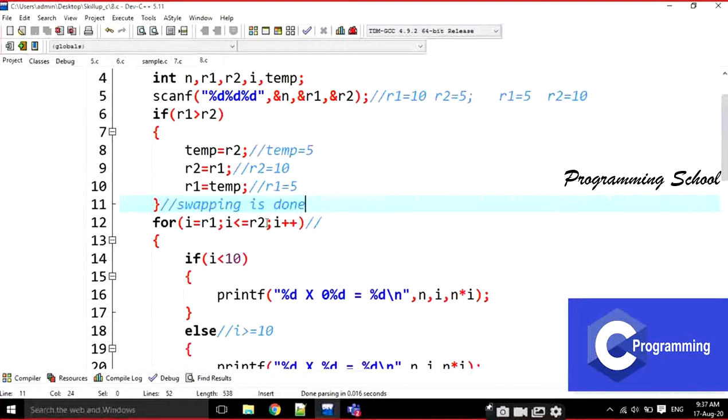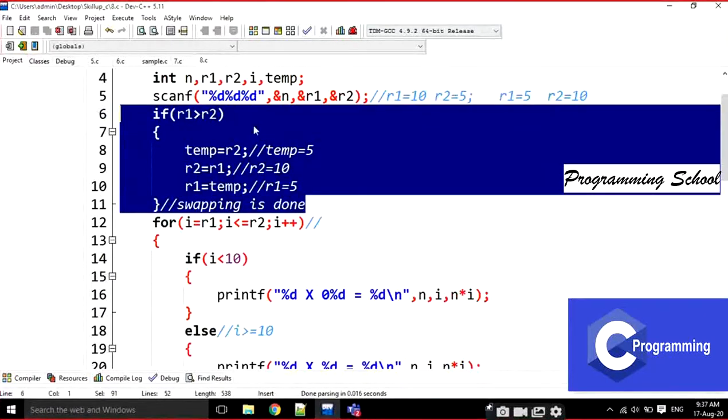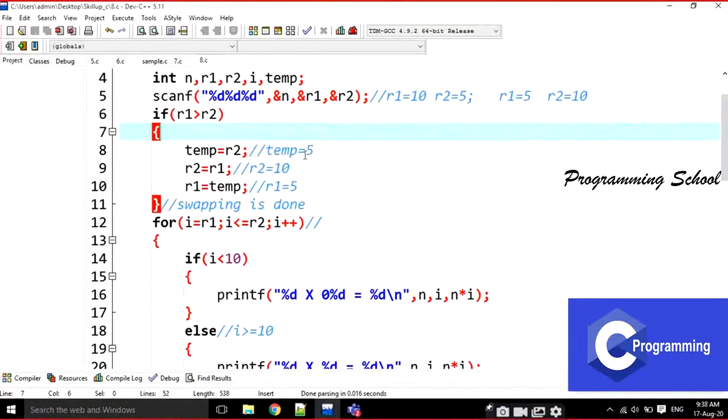Is swapping? Yes, sir. Okay. Why am I going for swapping? First of all, student, you have to answer it. Why am I going for swapping here? To exchange the R1 and R2 values. No, why am I going? What is the use of swapping here? Because R1 value is greater than R2. That's why I am doing swapping. Okay, not for fun I am swapping here. There is some reason. That's why I am swapping. First of all, we have to think that. Okay, then yes, sir. I am going to erase these comments here.